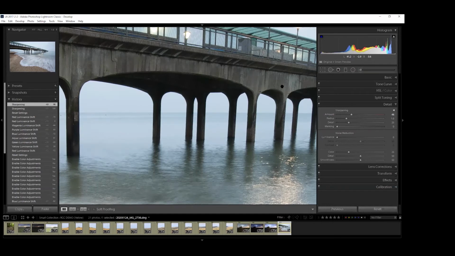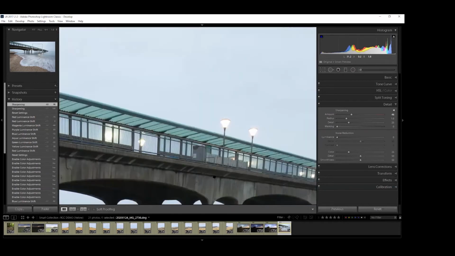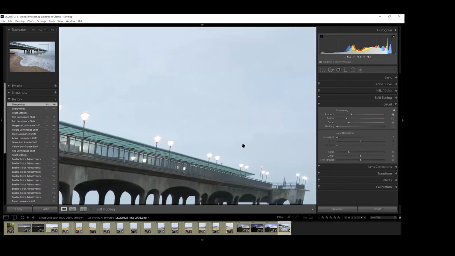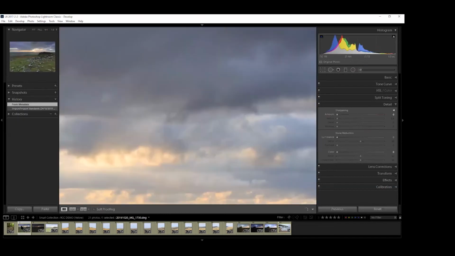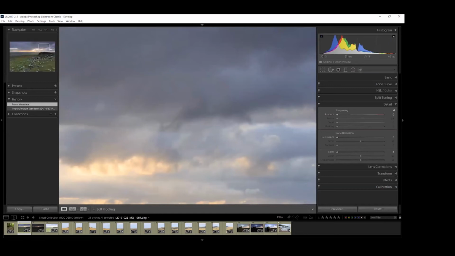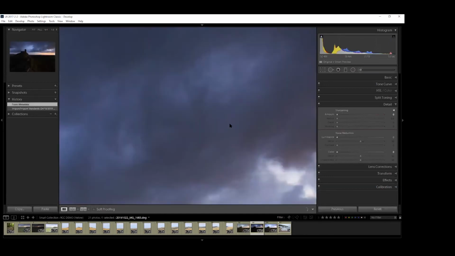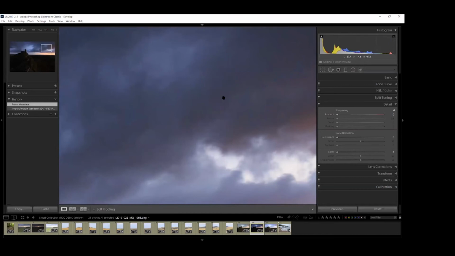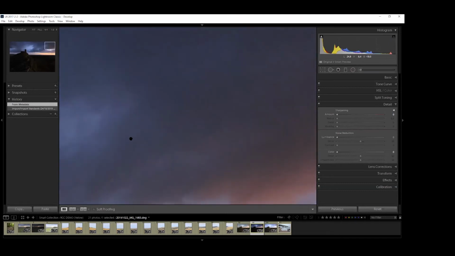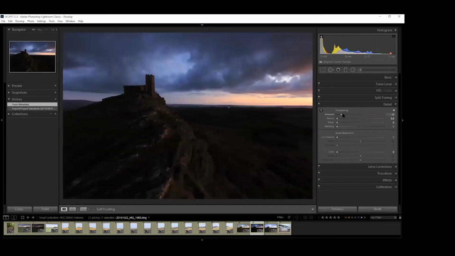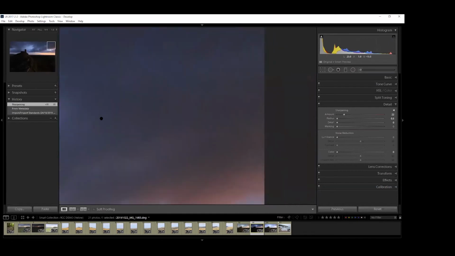This is probably not the best photo to show this. Let me just pick another. Yes, there. Okay, so with this one we can see we've got some noise in the sky because this is an under one bracketed shot, and it's under, so you can see all the kind of noise in the image itself. So if I was wanting to sharpen this, I can go into my 1:1,